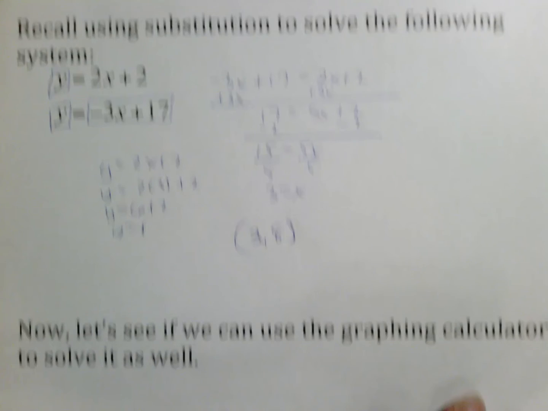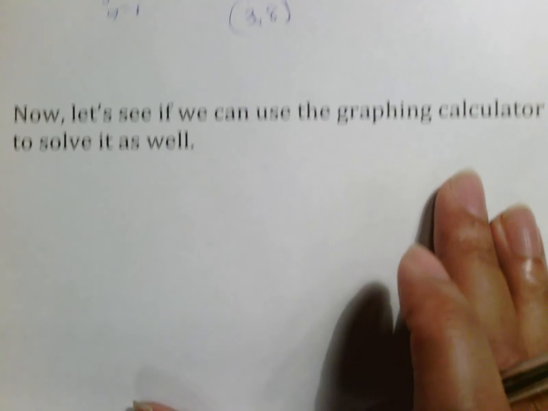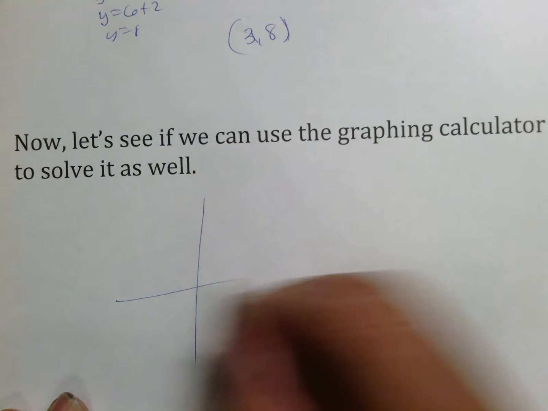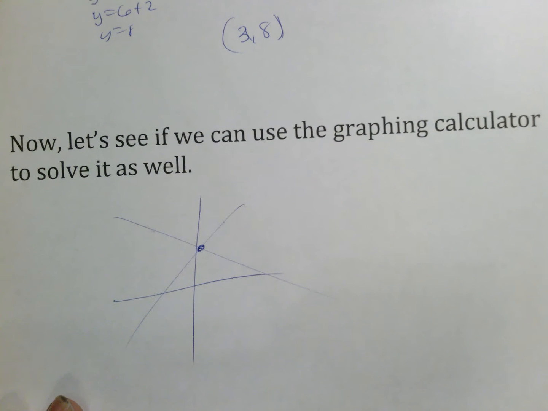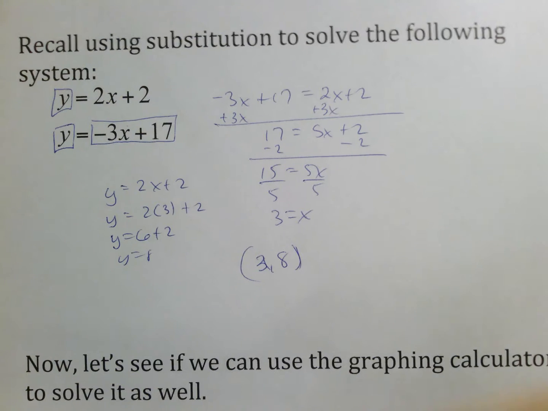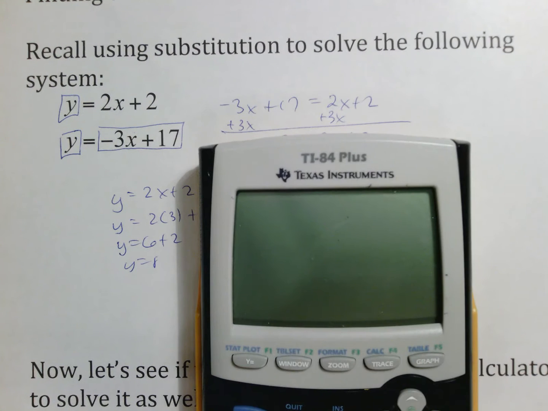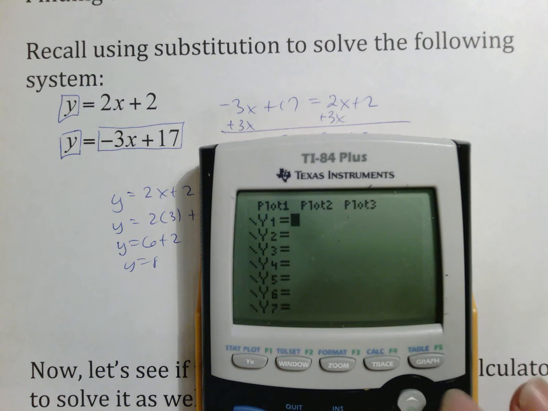Now the question is, how do we do this if we are looking at a graphing calculator to solve? If you're using a graphing calculator, keep in mind that if I have two graphs, two lines, and I'm looking for a solution, the solution is where the two lines cross, because remember we learned that when we solved by graphing. So using the graphing calculator real fast, let's look at this and see what's going on. First off, you've got the first graph, 2x plus 2,